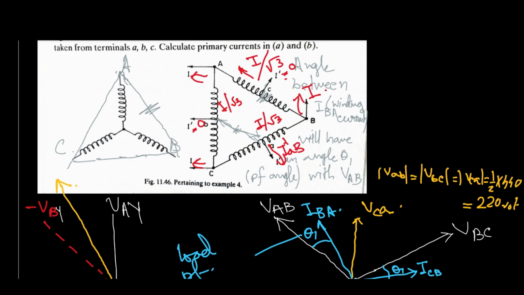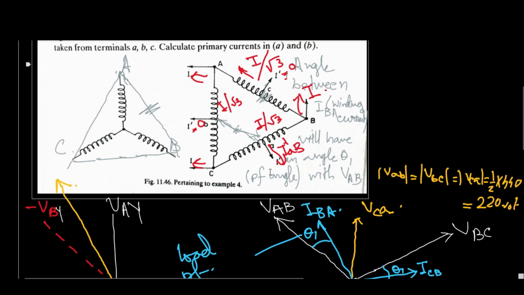Right. Now when these are not equal to 0, but you are interested to keep your current constant, then what you can conclude, that I dash AB is equal to what? Is equal to here this current, this one,